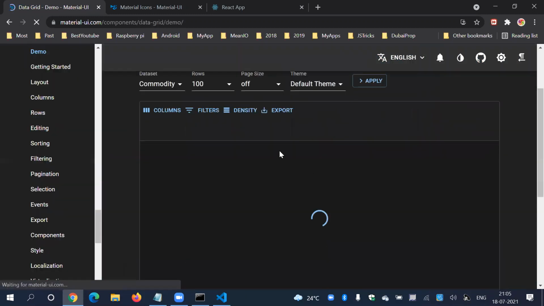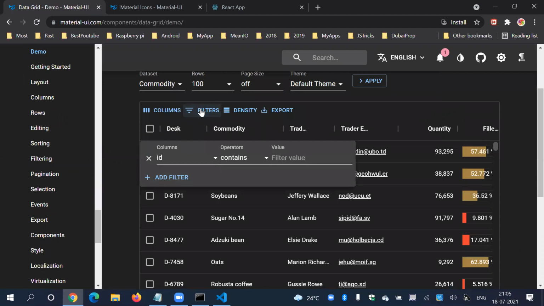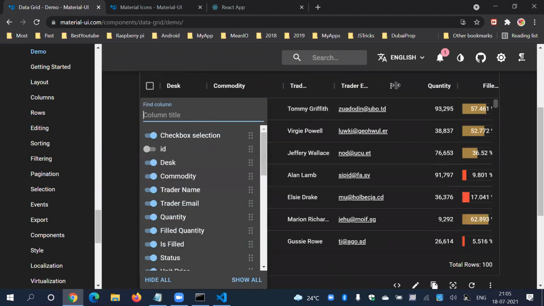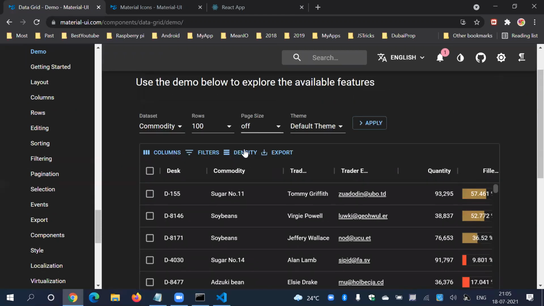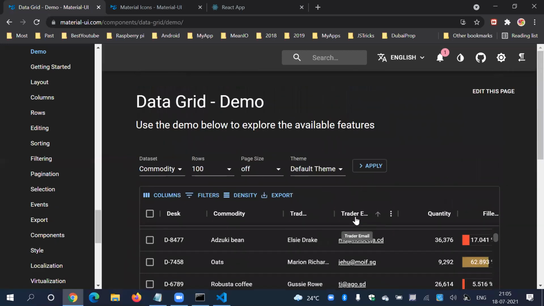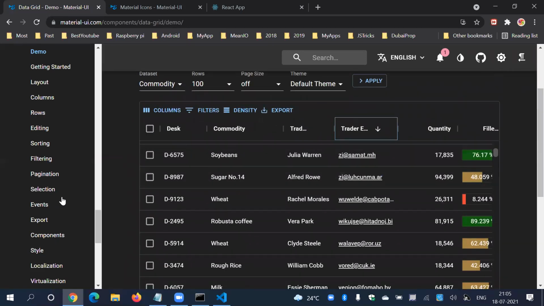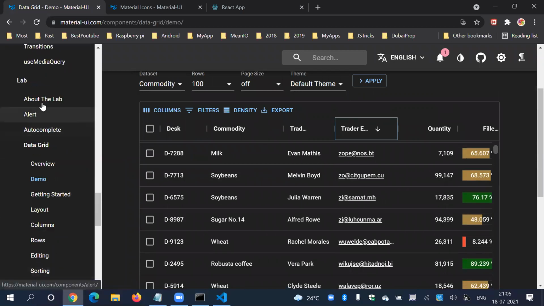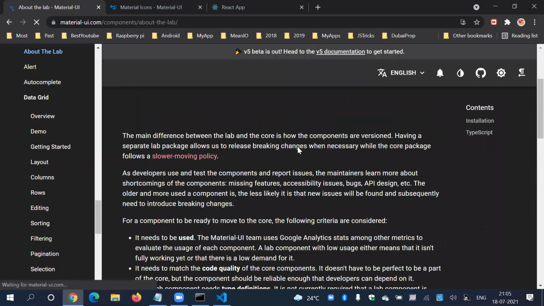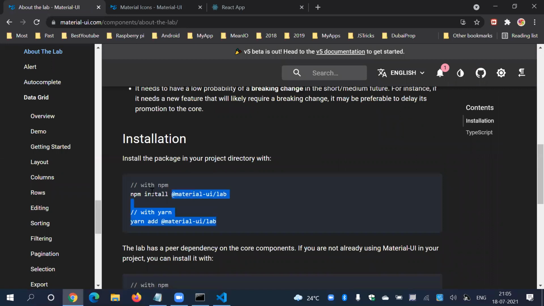You can use filter and column sorting. This is a really rich set of functionality for a grid. Sorting is there, easy sorting is there. If you want to use this, you have to import this library into your project. Which library? This one. npm install this package.